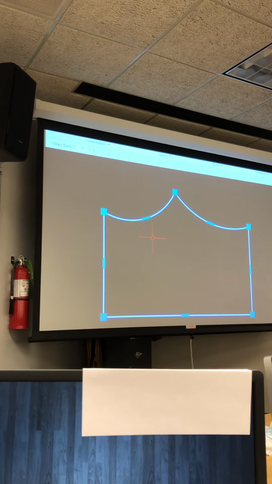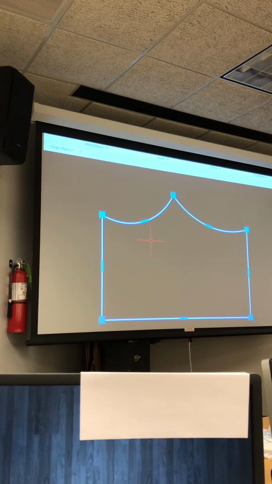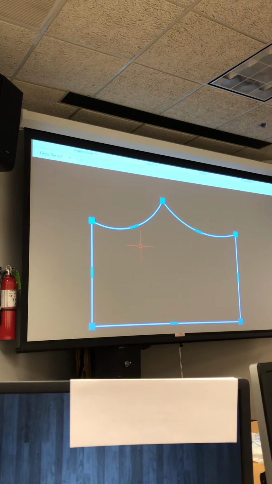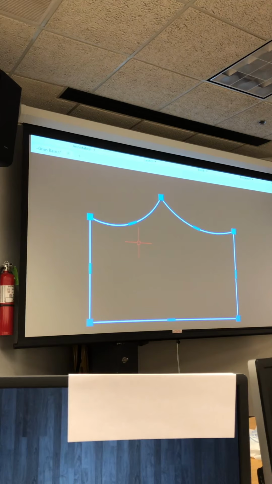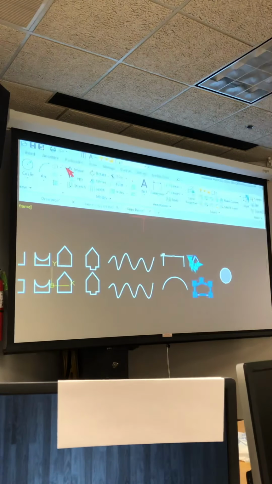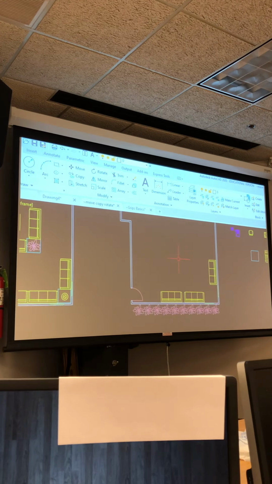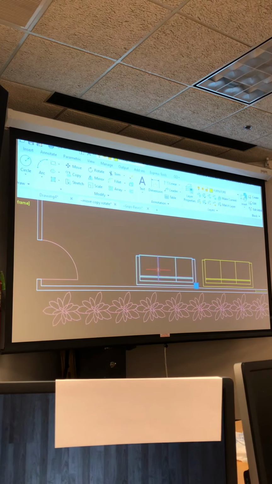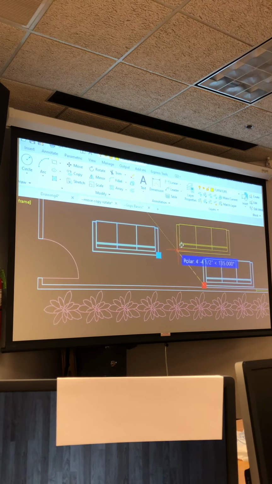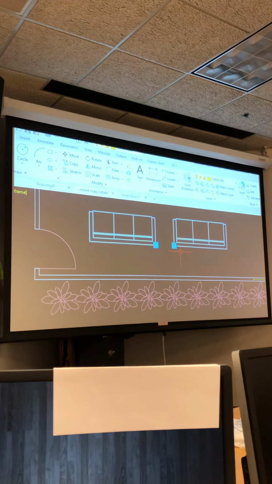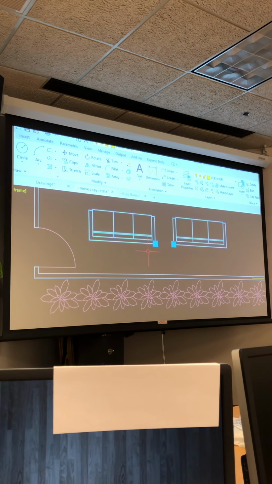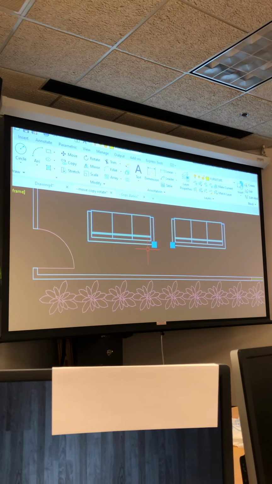And like I said, each object has its own unique way of using grips. So you just got to get familiar with the objects and how it handles grips on those. But you'll find that you're going to be using all of them throughout the day. Now, on that other drawing that I had open up earlier, this one, these are blocks, and a single block has a single grip. You can move that block with the grip, but it may not have the insertion point that you want to align with. Okay. And you'll notice one's on the right and one's on the left because the block got mirrored. All right, so we have a few exercises